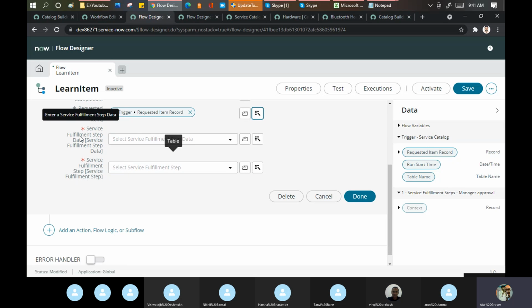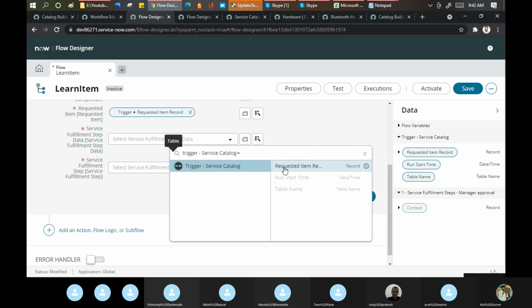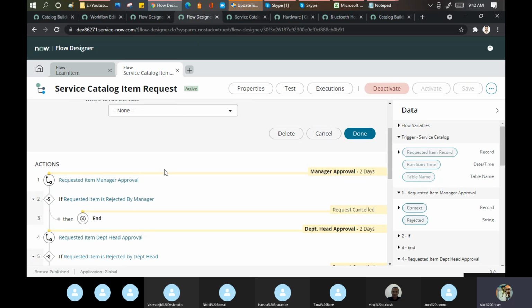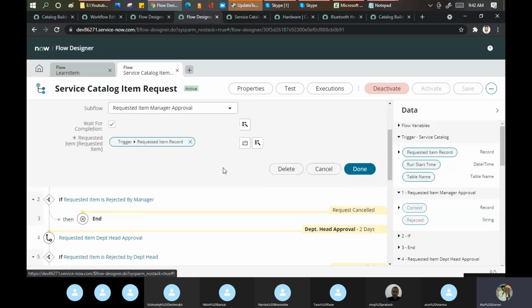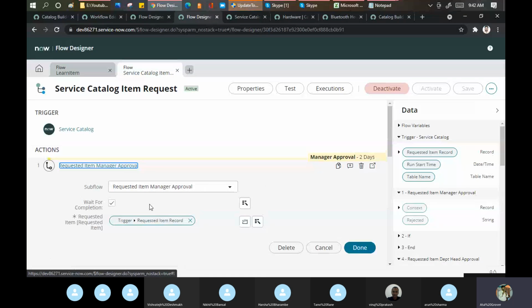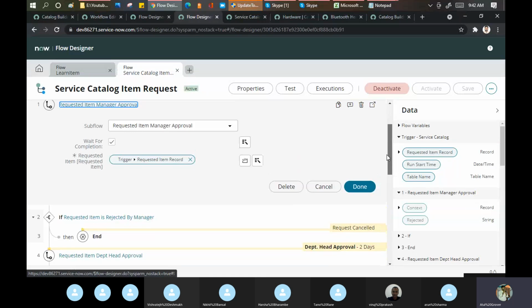Now service fulfillment step data. Let's see what it will show me. No match. Okay, let's go to the data picker. Let me see here as well what they are doing for the service mapping. Okay, they did not put anything here.